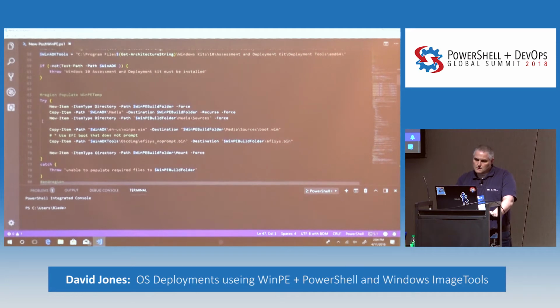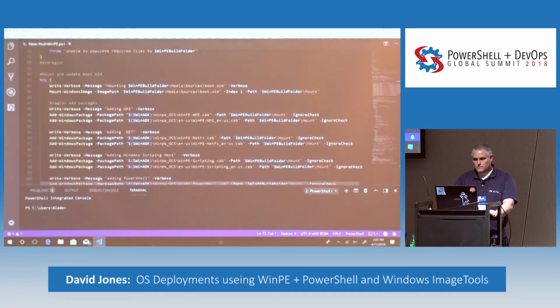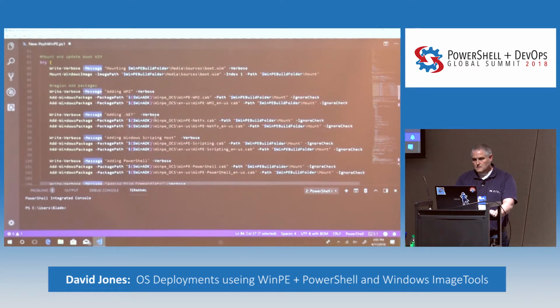And we're going to get the boot WIM. Now, if you're not familiar with the PE, the boot WIM is basically the Windows image that loads into the RAM drive that you're actually running under. That comes up as your X drive. And I'm not too fond of having to press a key to get it to boot from the media, so I'm going to be using the no prompt EFISys. Okay. From there, we're just going to do a mount on the boot, and then we're going to add